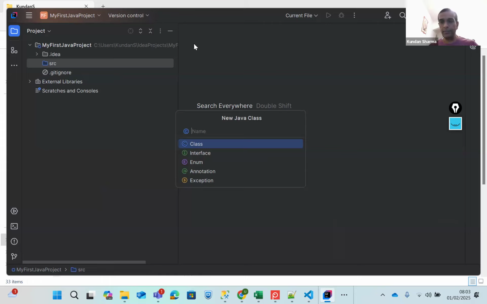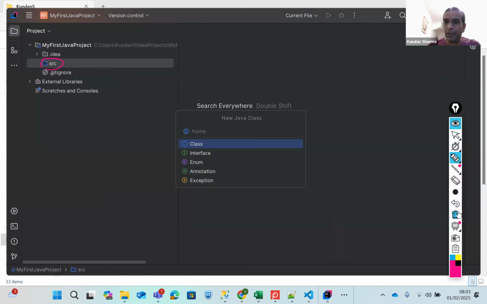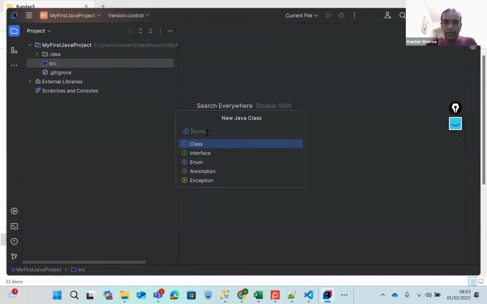You might say, shall I name it my first Java project? The answer is it's always recommended to give a different name from the project, but you can still give the same name also. But this is my first Java project, and there is no point in giving the same name. So maybe